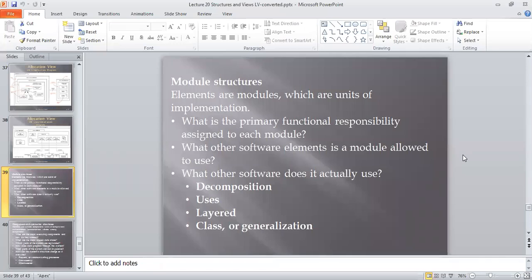This is the first activity, or the first component.